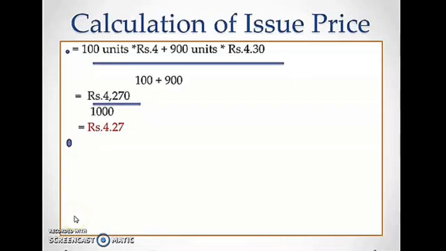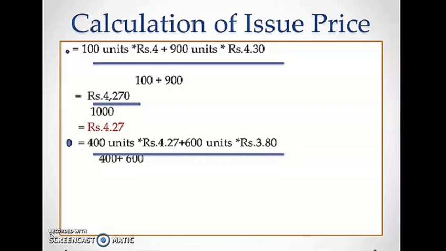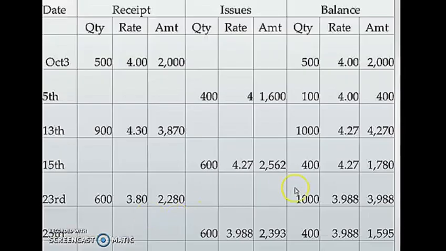Now we put it in the formula: 400 units into rupees 4.27 plus 600 units into 3.80, according to our formula, divided by 400 plus 600 units. We get rupees 3988 divided by 1000, so finally we get the rate as rupees 3.988. We place this rate there and calculate. Now we write 1000 into 3.988, and by multiplying these two we write